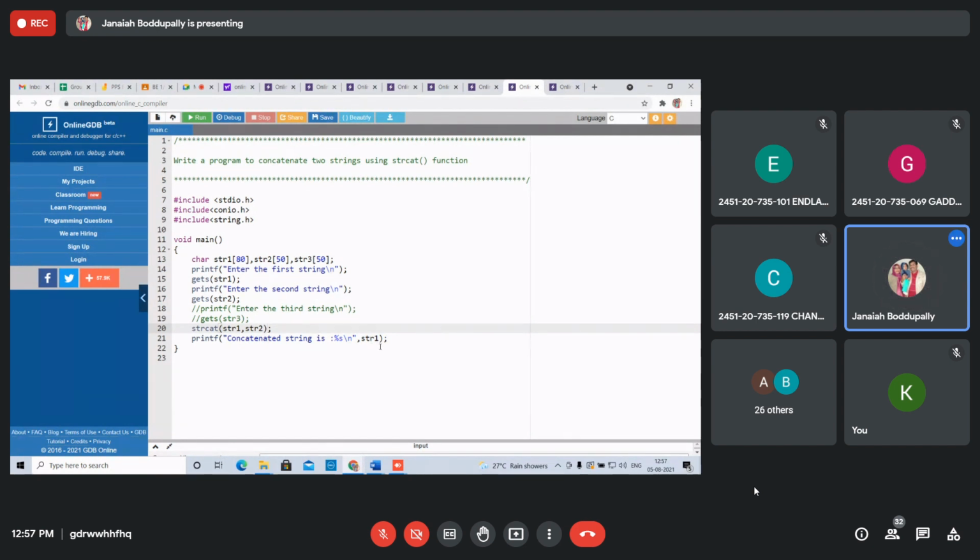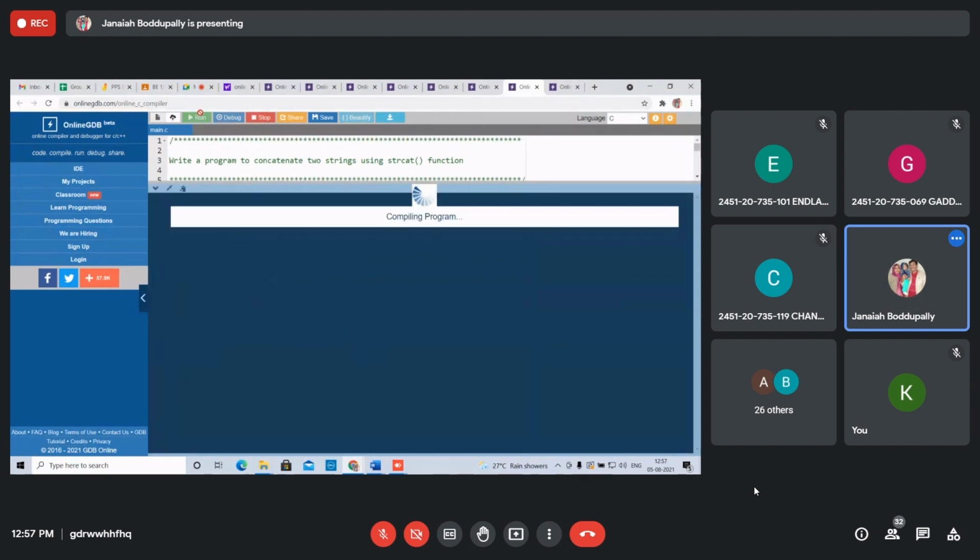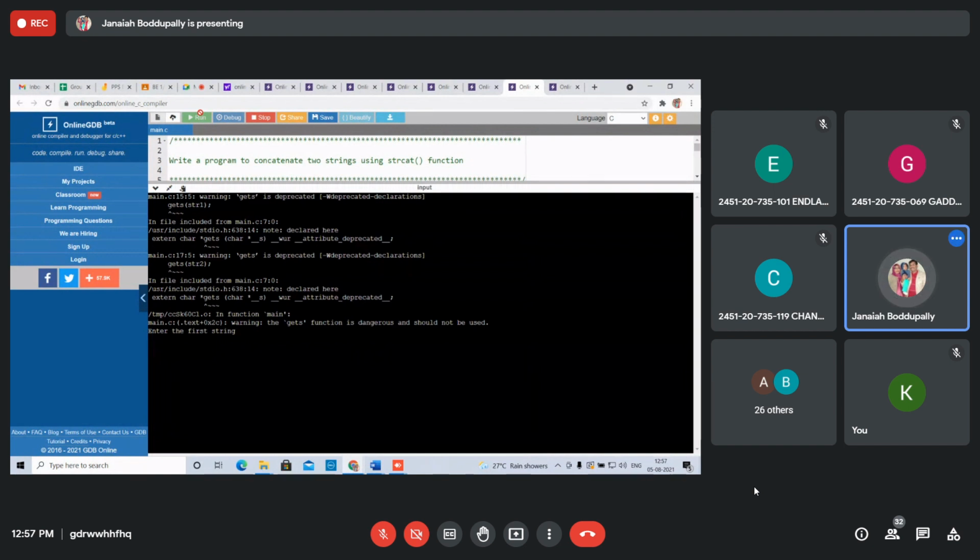Enter. The string 1 is MVSREC. String 2 is Nadargul. The concatenation in C: immediately after the last character, the null character is removed and this gets added. Yes, MVSREC Nadargul. That's it. This is concatenation of 2 strings.